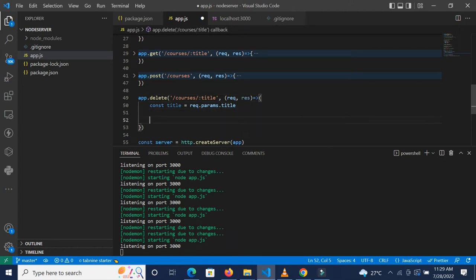And then we are going to filter through the courses and ensure that this particular course title which has been specified